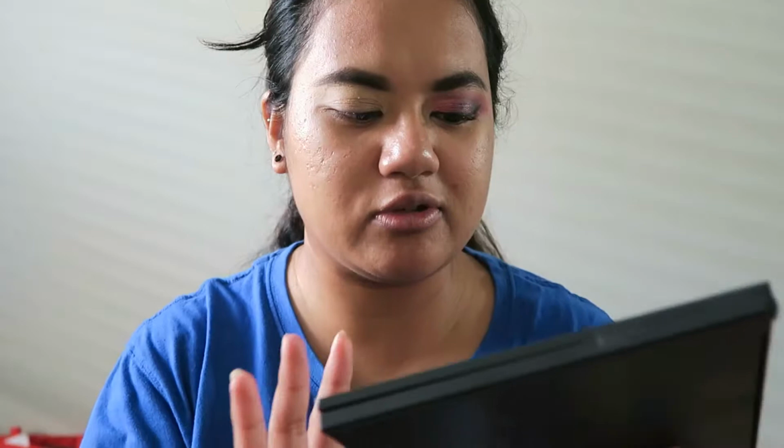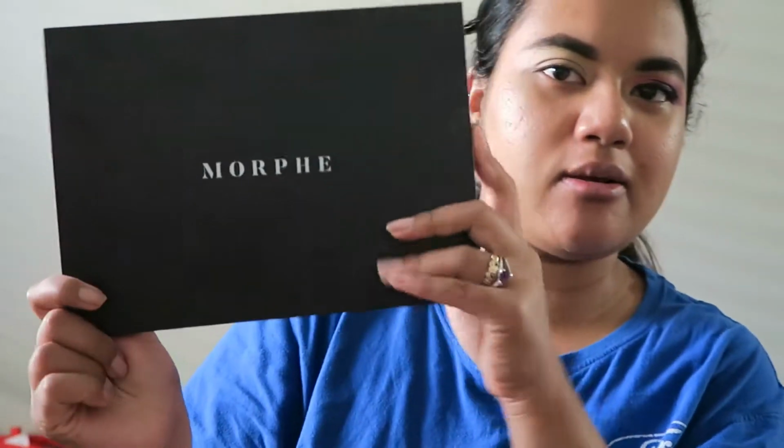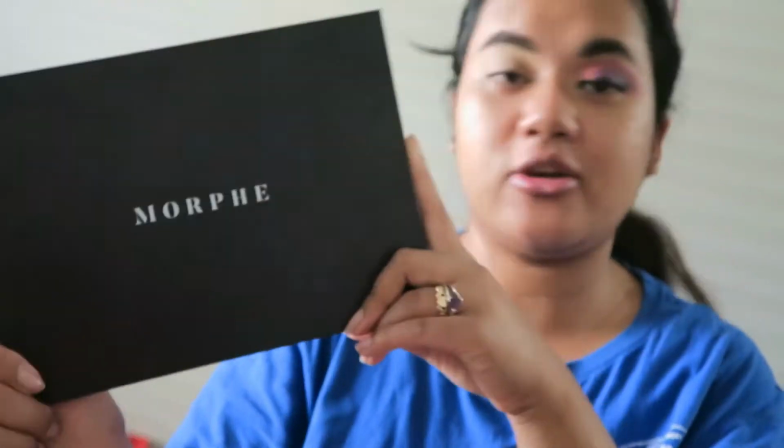I have this idea of Valentine's Day in my mind, so I just had a couple of eye looks that I wanted to do and play around with different colors. So different red colors anyway, red and purples is what I'm kind of going for. So I'm using the Morphe 35M palette. As you can see already,